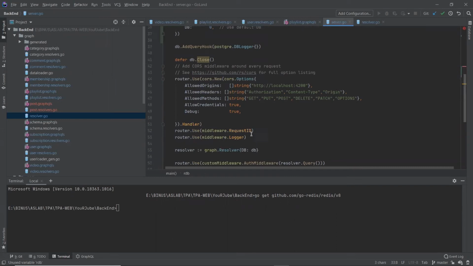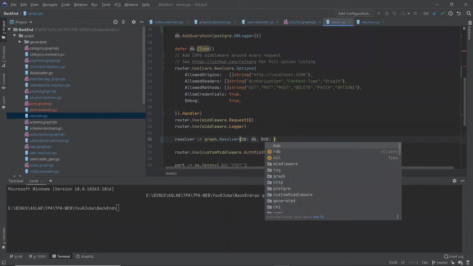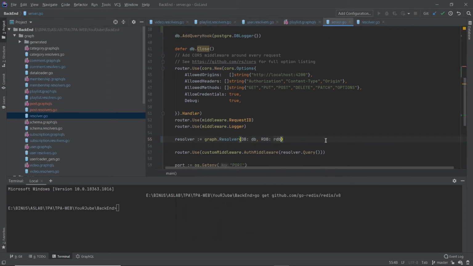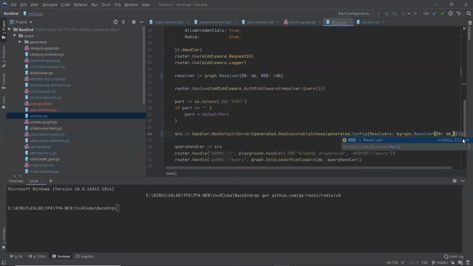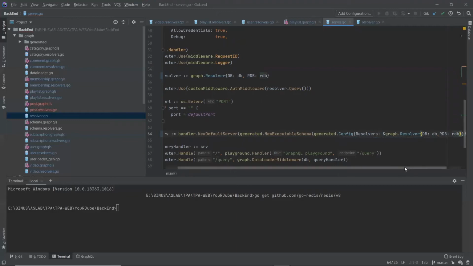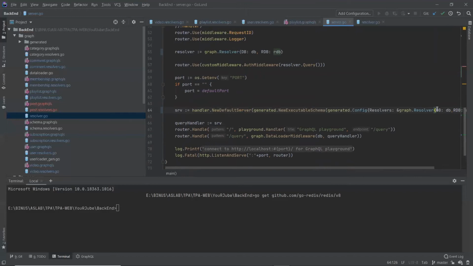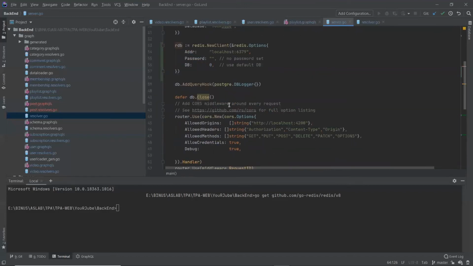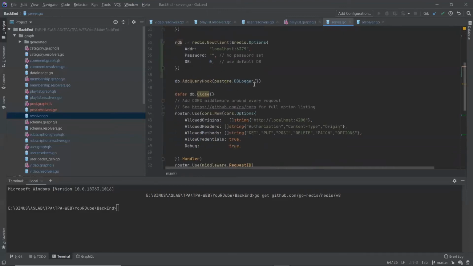Now we search for our resolver and then we add RDB is our RDB, and also in here. Now, after we add the RDB in our resolver, in every resolver function we can call the RDB attribute.